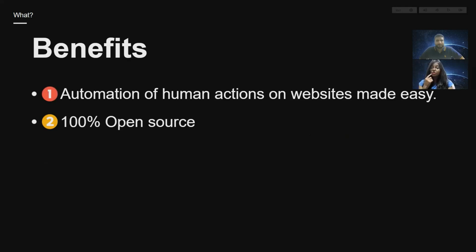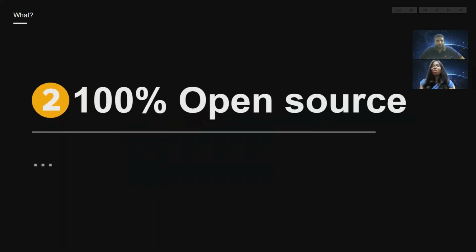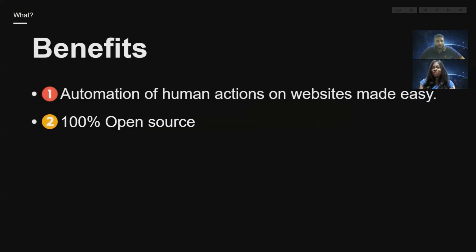And it is 100% open source and it runs on open source tools like Selenium, Docker, Django, and Python. And since it is all open source, it helps us to tweak it or modify it and customize it as per our requirements. So this is a very wonderful feature.